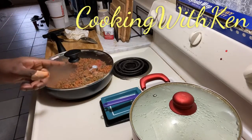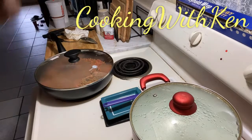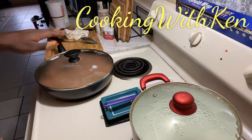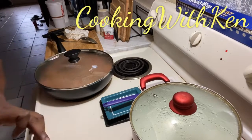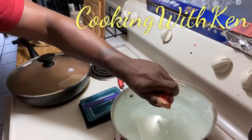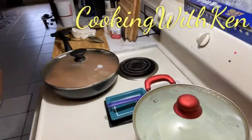So we're gonna let this go until it gets nice and brown. Once it gets brown, I'll come back to you guys. I'll put everything together and then we'll go ahead and start the mixture for the gravy sauce that's also going to be with the meat. In the meantime, I have the water boiling over here for the mashed potatoes. So I will be right back with you